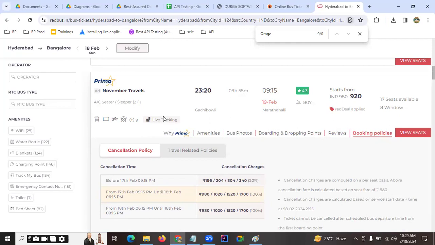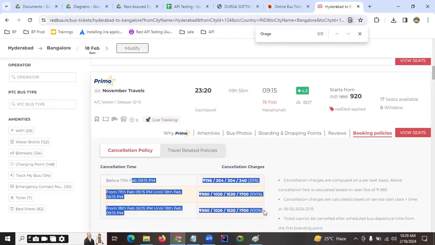That is through API. They are sending the data. Redbus will receive the data, and Redbus will show the data in this colorful, structured manner. See the cancellation time and charges, they are showing in a tabular format. But are we getting the table? No, we will get the data in the form of JSON. So this complete info I got in Redbus through the API, and we will show it. Before integrating to the UI, that means the web page or maybe the mobile,